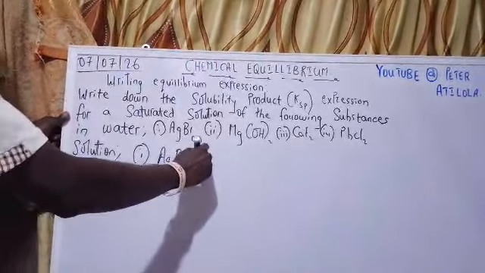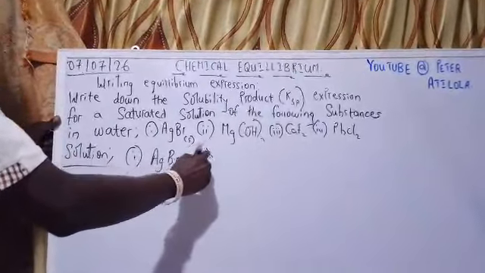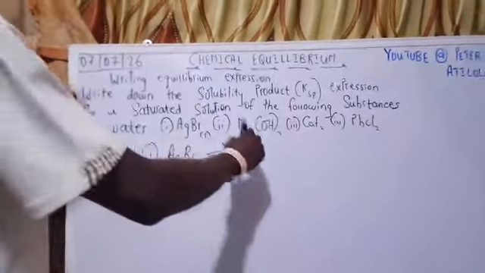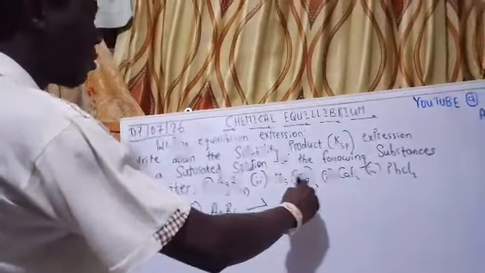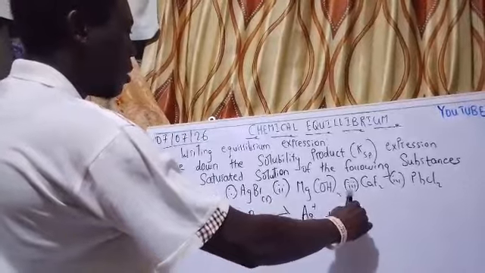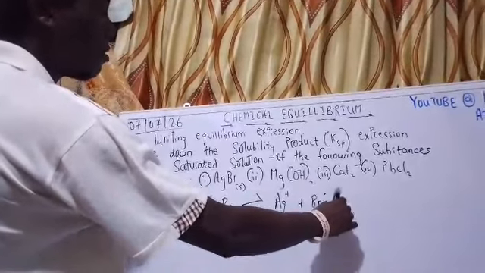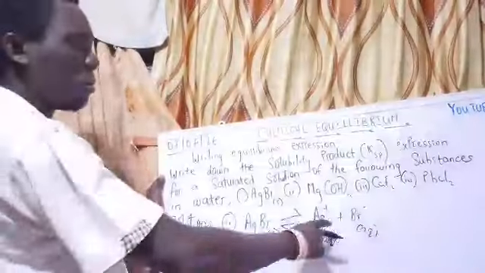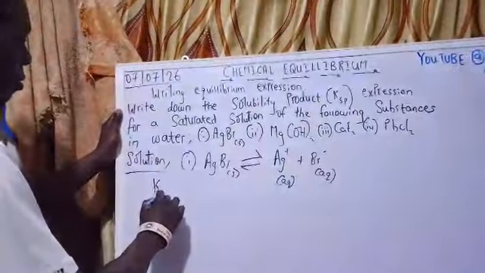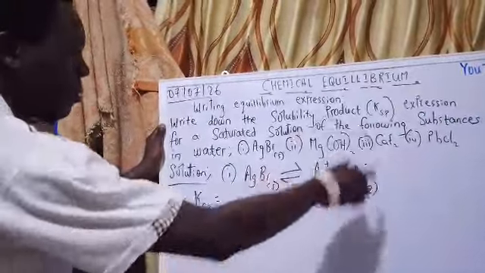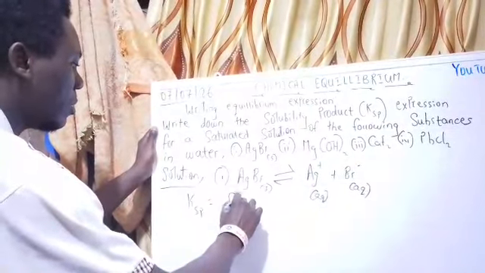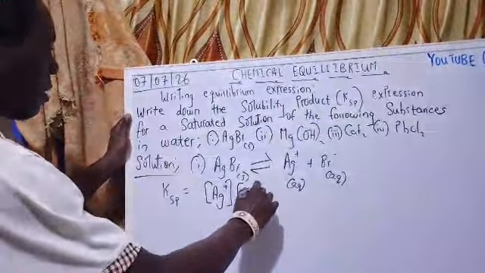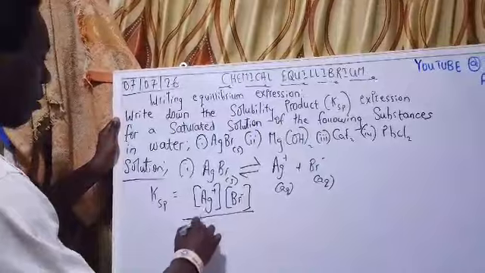AgBr, solid. Remember, you can write equilibrium for a reversible reaction, forward and backward. So you are going to have Ag+ and Br-. Anything that is carrying charge is aqueous. So now if you want to write this, you write K. So basically KSP is equal to product over reactant. So that would be Ag+ times Br- over